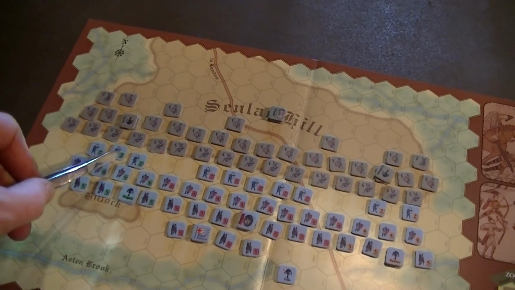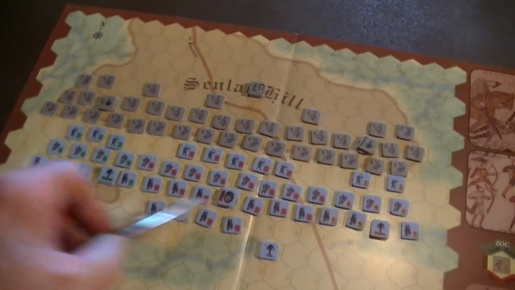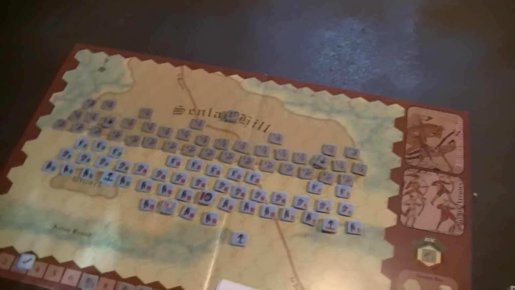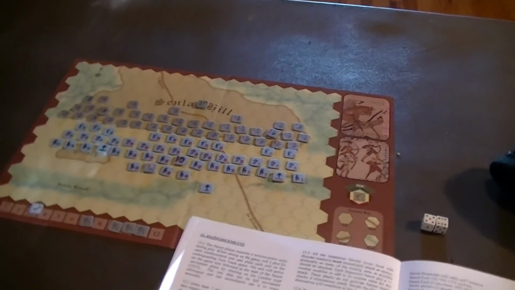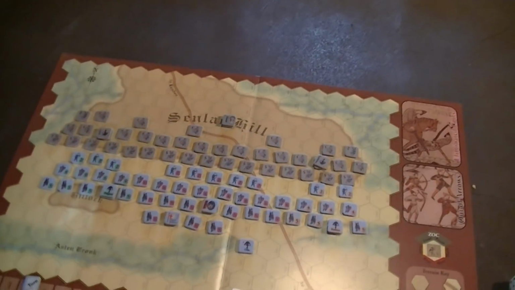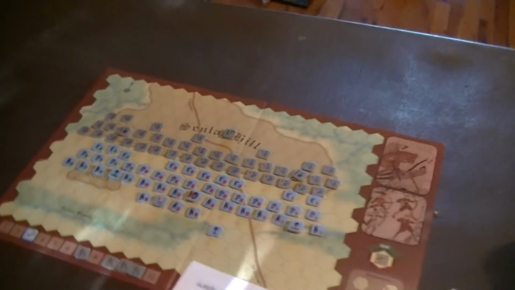But William has his archers up front, followed by his infantry, followed by his cav, which can't move right away. So having the archers exposed out there, wow, that's kind of interesting. They're just kind of asking to die. But again, you know, this is